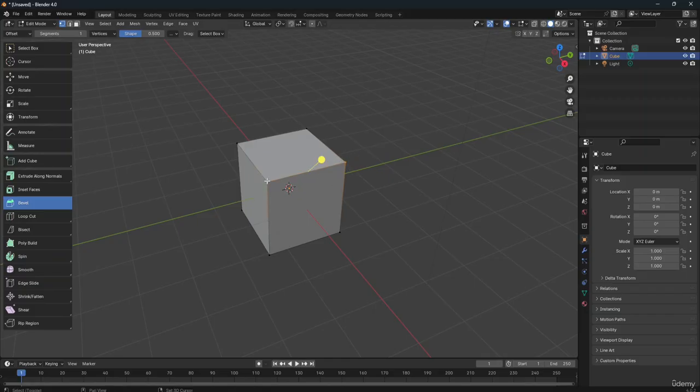Using shift, I will select both of these vertices, and now I will just move this thing around, and over here you guys can see the cut is quite sharp. Okay, so here you guys can see the cut over here is basically quite sharp. And what you can do from here is, again, if you go to this particular option here under the segments,